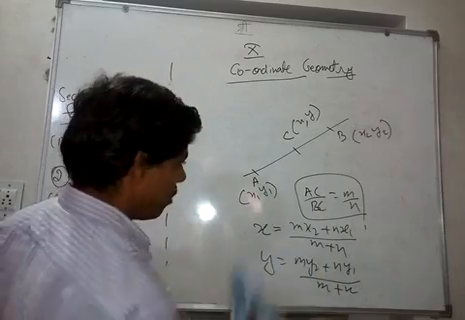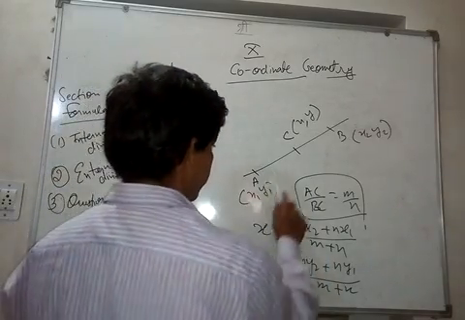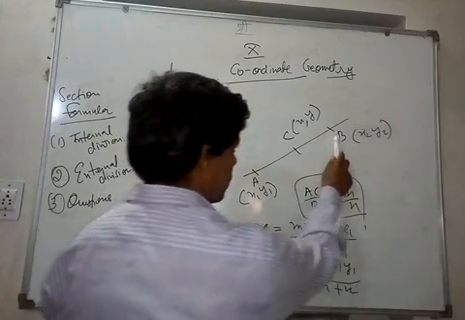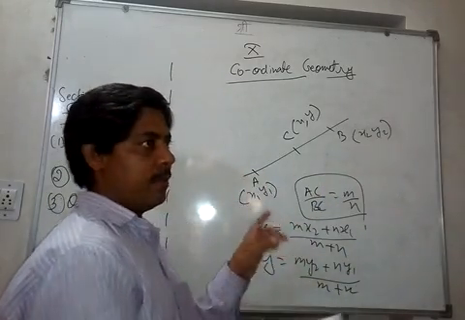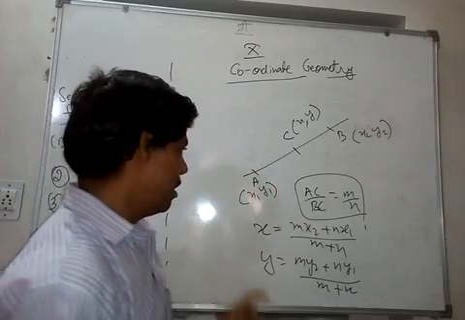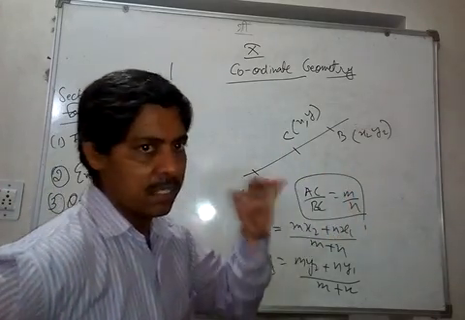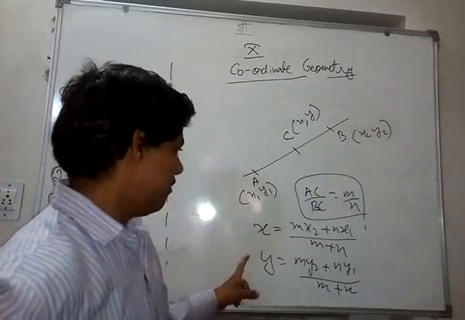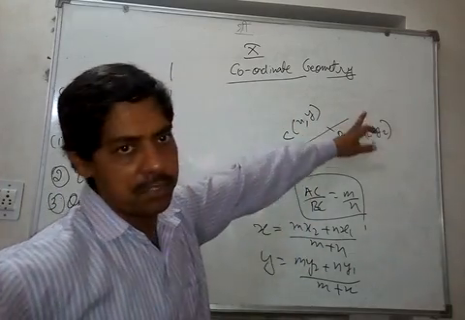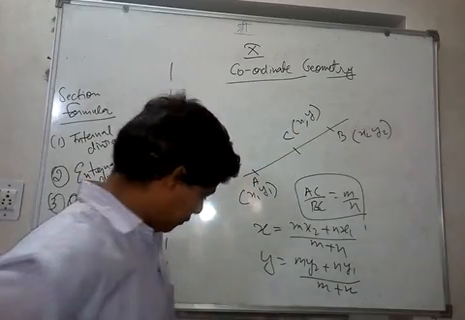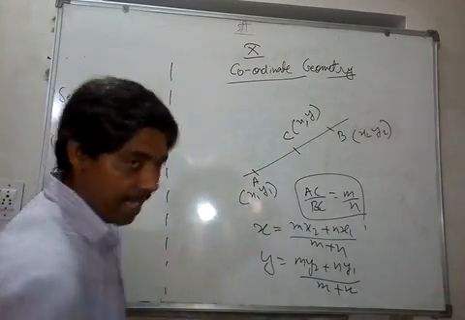Okay, so this formula we want to derive, and I will just revise the basic things. A is given x1 y1, B is given x2 y2, point C is given in between A and B. This is called internal division. So we are also given AC upon BC is m upon n. This ratio is given to us, and we need to find the coordinates x and y in terms of x1, x2 and y1, y2. So this is the basic. Now let's get started with the derivation part.